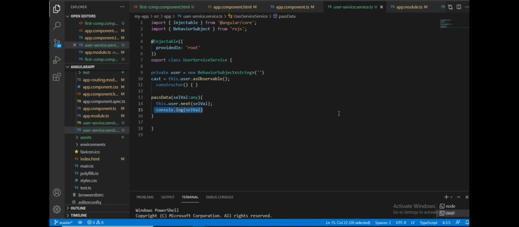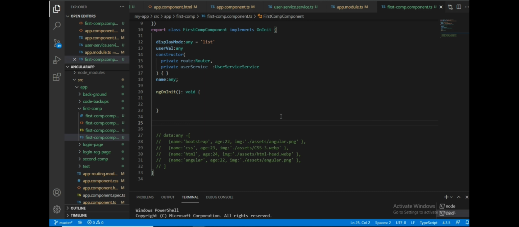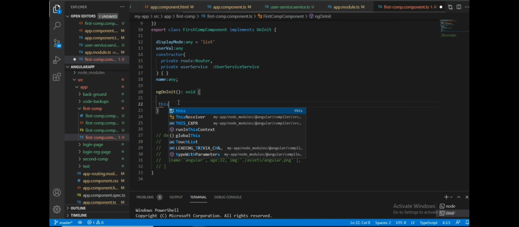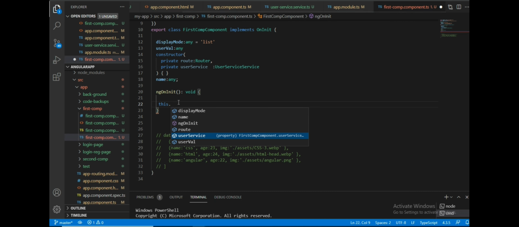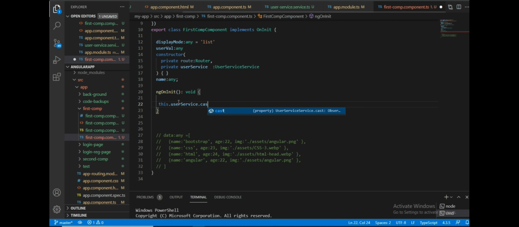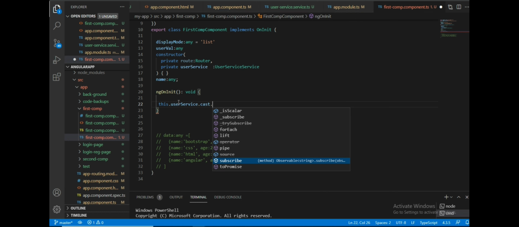Now we need to subscribe to that function, and we need to get the data. I have already imported the user service here. So in ngOnInit we'll use this.userService.cast, whichever I have set to observe the value.